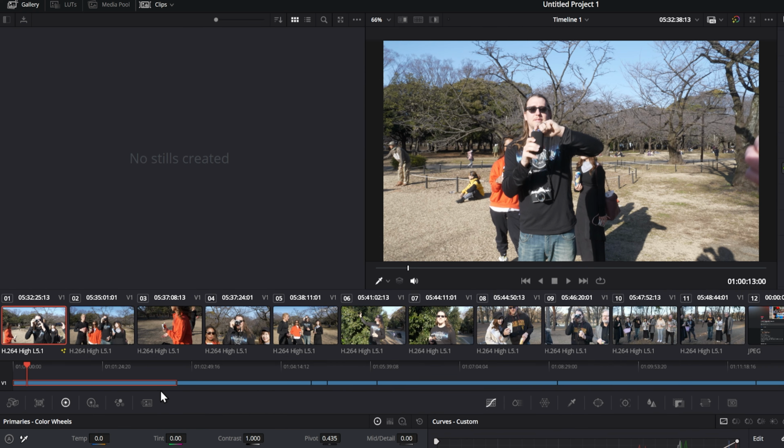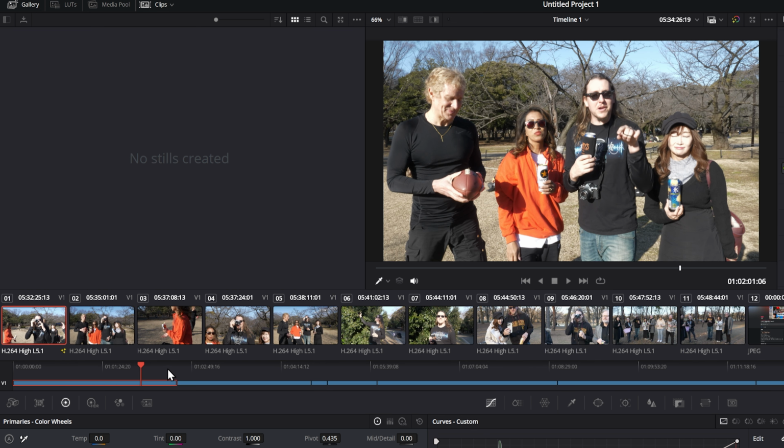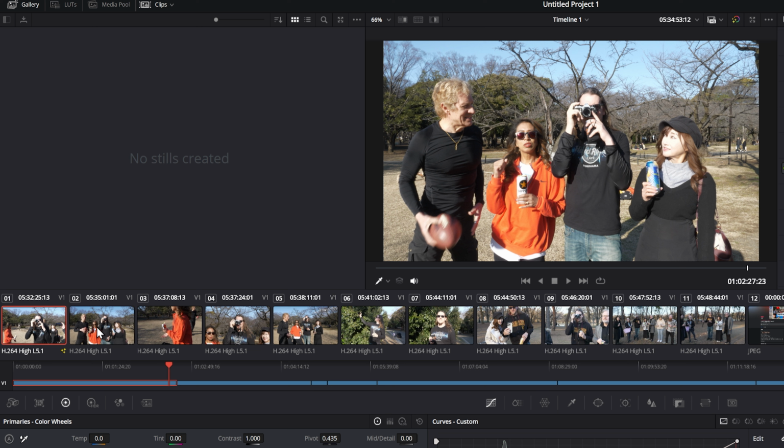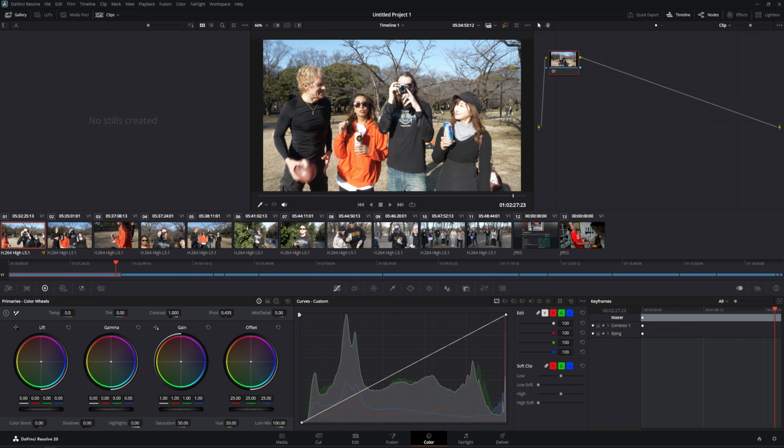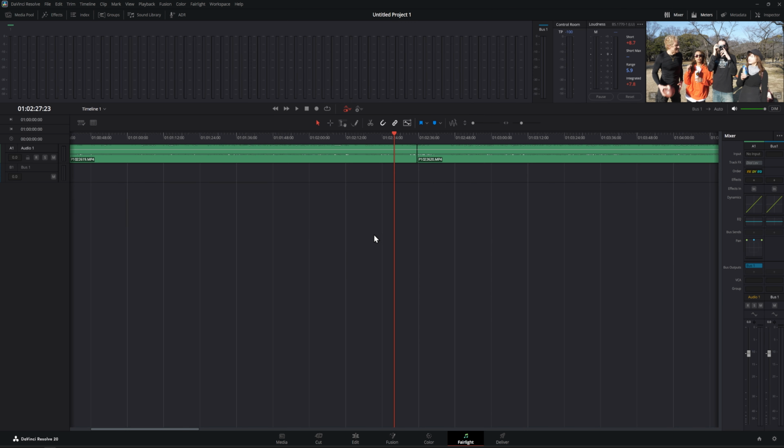And then just like with the cut workspace, you have a very quick timeline scrub right here in the center, as well as the various clips and assets above that. And of course, you have your timeline preview in the center as well. And so, as I said before, the main purpose of the color workspace is to adjust the color in very precise detail. And then the next workspace we have is called Fairlight, which the main purpose of Fairlight is